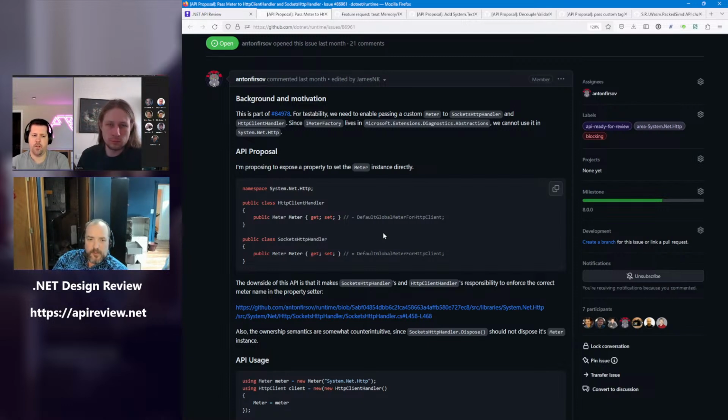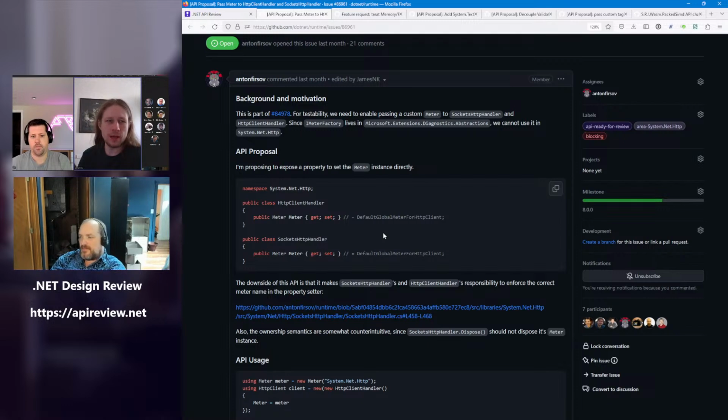I wonder, given that literally every other property on HTTP client handler and sockets HTTP handler has to do with the HTTP protocol or dealing with considerations for the HTTP protocol, if this should be called something like diagnostics meter as a property name, just to solidify that this isn't part of the protocol, this is part of the telemetry. Diagnostics is an overloaded term, in my opinion.